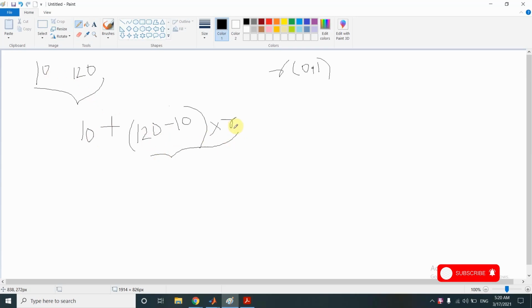So let's say that this r value is 0.1. So this would be 110 into 0.1.